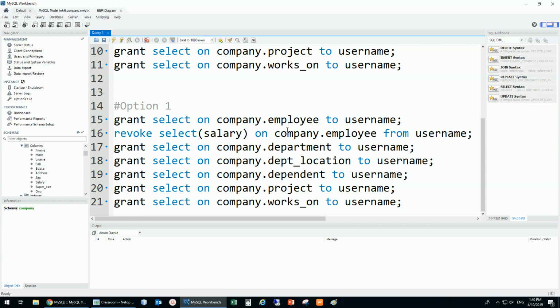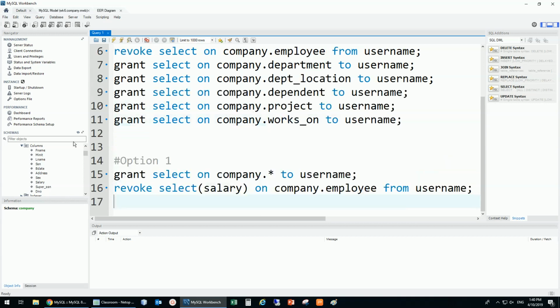But on some kind of professional database management system, which I have to pay for, normally what you could do is just this: grant select on everything from every table in that schema company, and then remove only the select from this employee. Now if you try this on MySQL, it will tell you no, you cannot revoke some privilege, because this doesn't seem to be shown in the list of privileges that you have. It just remembers star, this is the privilege that you have. And maybe this is some kind of shortcoming,